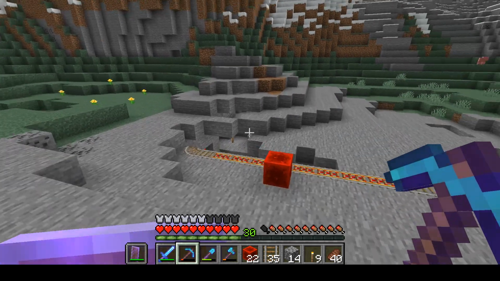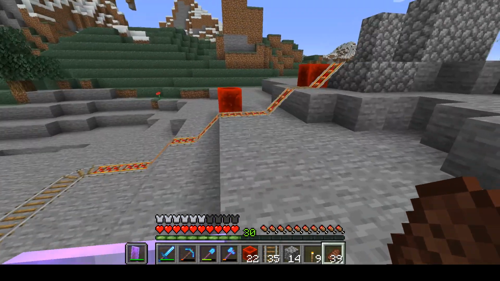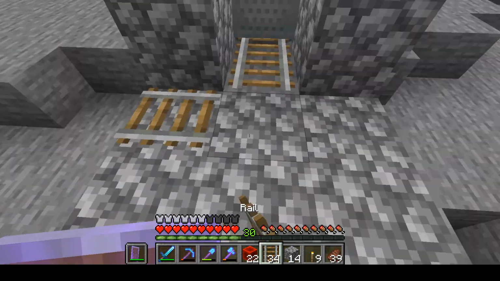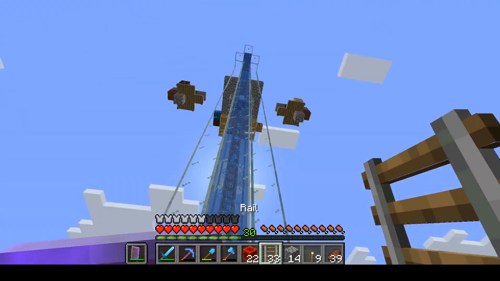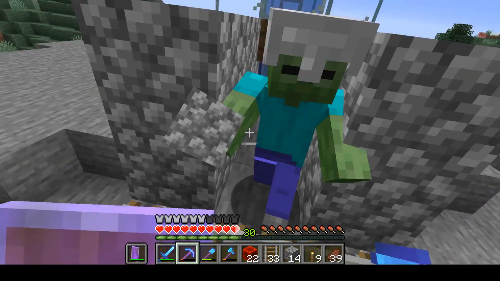All right, we got Zomboni out of the cave. The cage in the cave, I guess. He is sitting up here all nice and pretty. I'm going to put a line of rails right there so that way he cannot cross it. And he's got a helmet on so he's not burning up in the daylight. And hopefully when I break this...